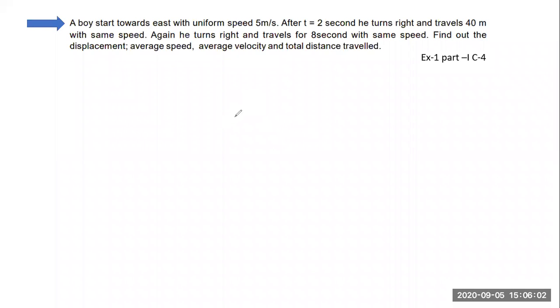Okay, so taking some doubts from the sheet kinematics one, that is rectilinear motion. So this is the fourth question of section sheet C of part 1 of exercise 1.